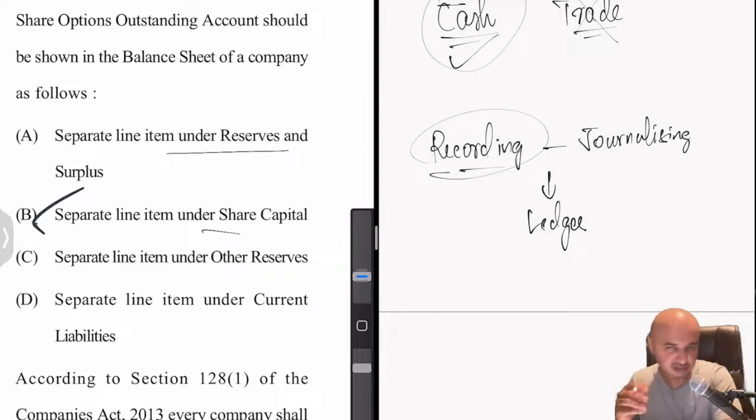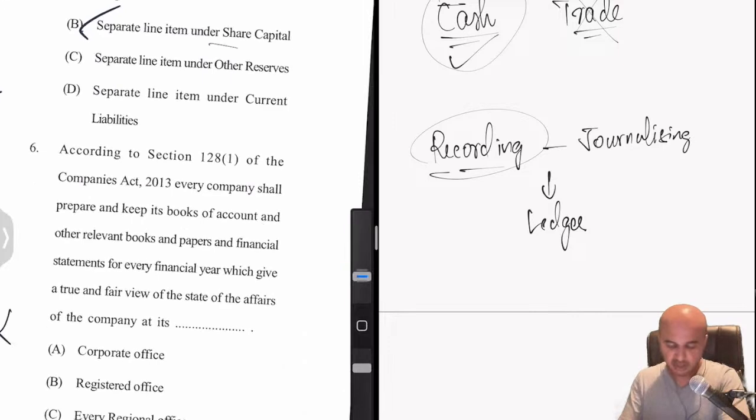To me, this option B looks fine, but they should be more clear. What they have mentioned is either A or B. If a student answers A or a student answers B, both will fetch the right answer in case of exam. So that is what it is.